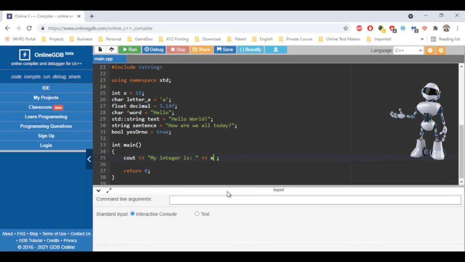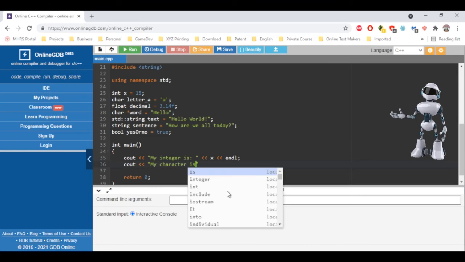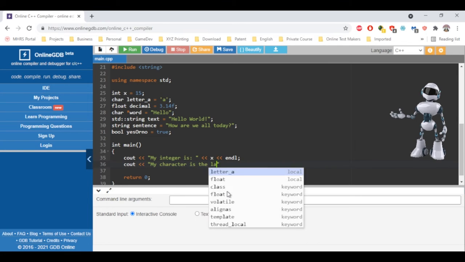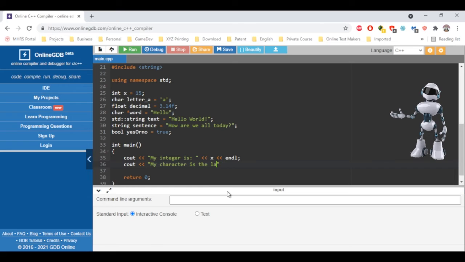And after that, what I'm going to do is end the line, and in the second line I'm going to write my character. So my character is the letter, and I'm going to put my letter A,